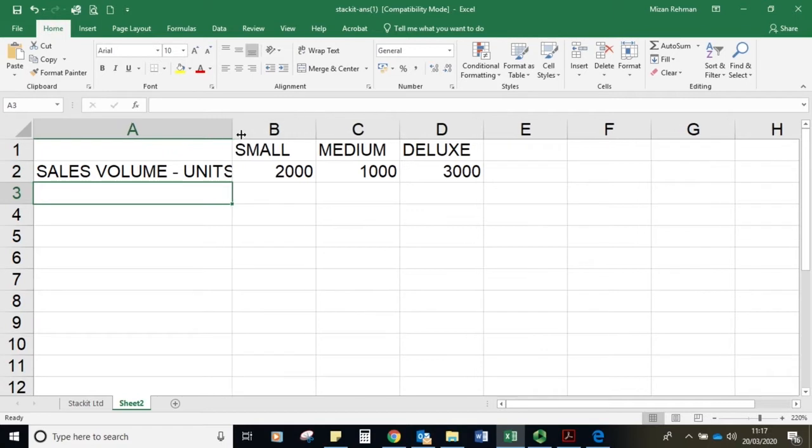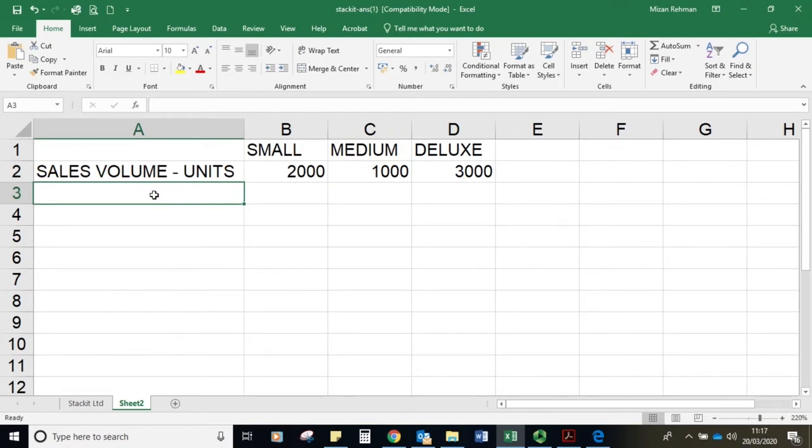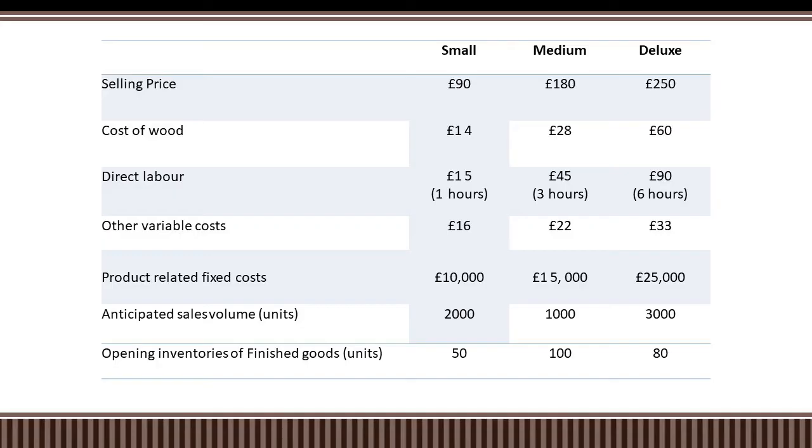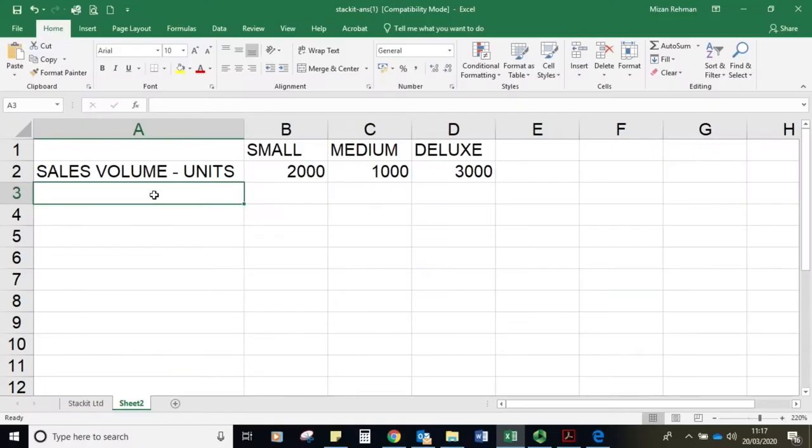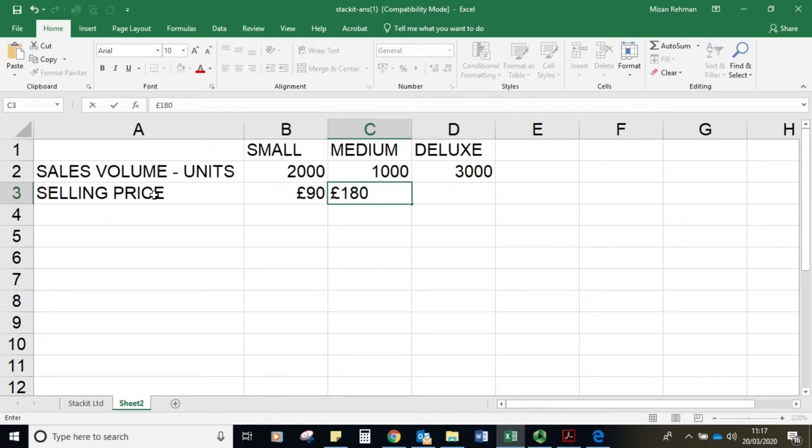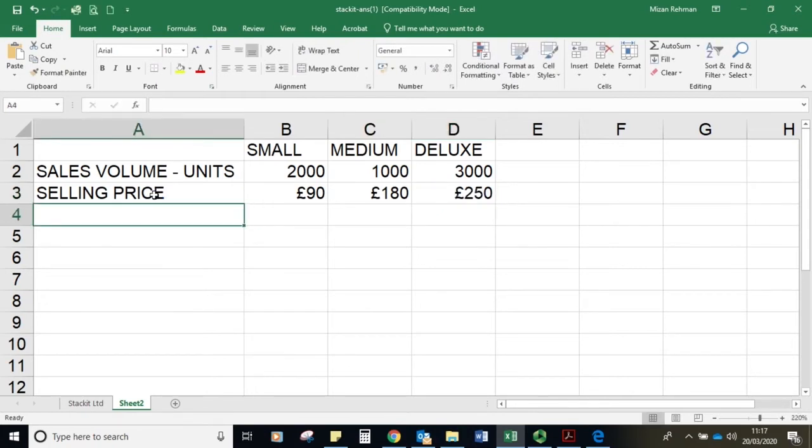Then we can work out our sales budget in price as well. The price per each unit is also given. Selling price, that's the first information we have on top. Selling price, and that is 90, 180, and 250 pounds. So our sales budget in value